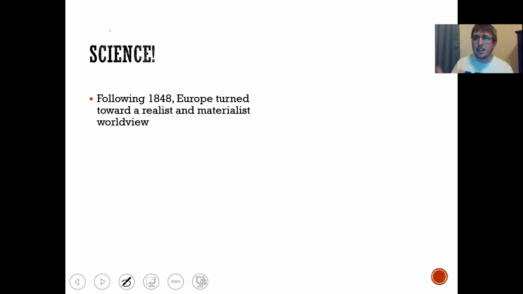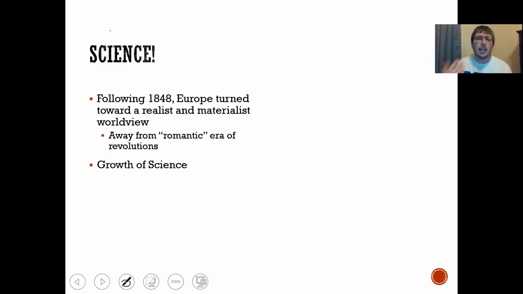So with the realists coming in, into the second half of the 19th century, you're going to see more of an emphasis on science. So we're moving again away from this romantic era and now more of, you know what, here's how the world works. Here's what it is. It's right in front of us. So we got the growth of science. And in some circles, not everywhere, but you start to see in some circles that science replaces religion as the